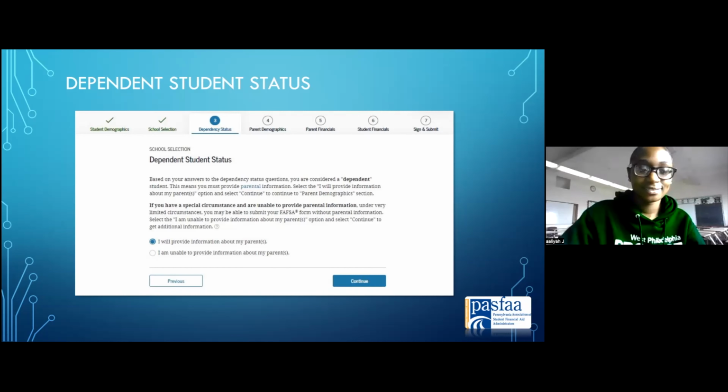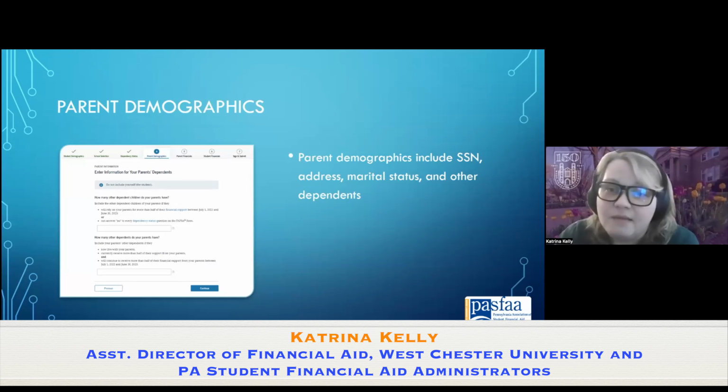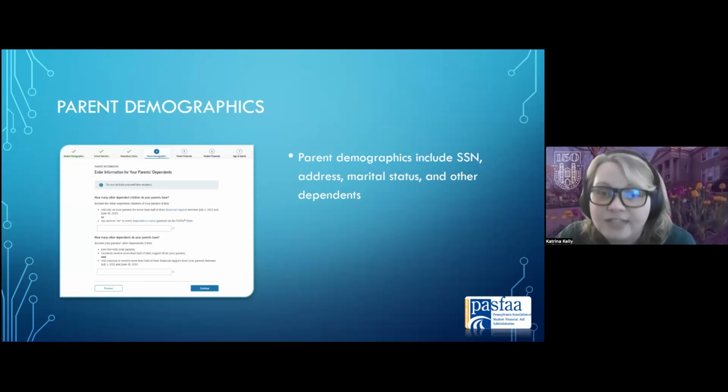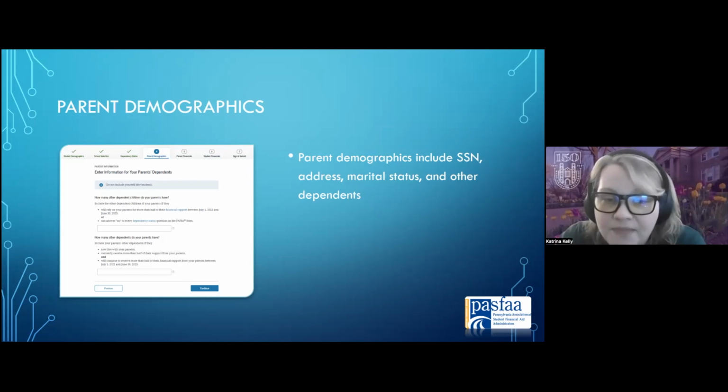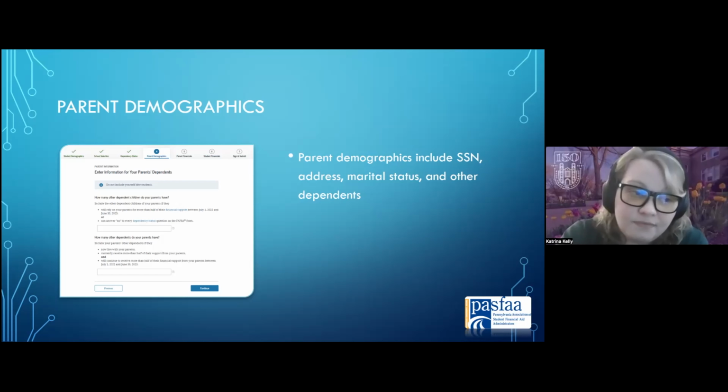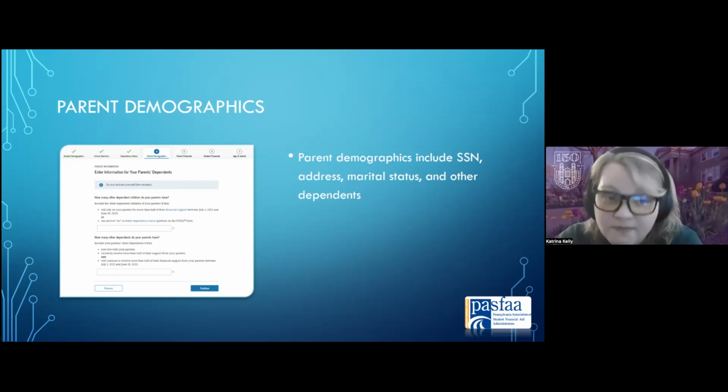Yes, thank you. Okay. All right, so parent demographics. Parent demographics include the social security number, address, marital status, and other dependents. So other dependents include any siblings that the student may have. It can also include parents of the parents, so grandparents, or sometimes in cases where the student's parents have custody of a cousin or something like that. If they're providing financial support for that person more than 50%, they would be considered a